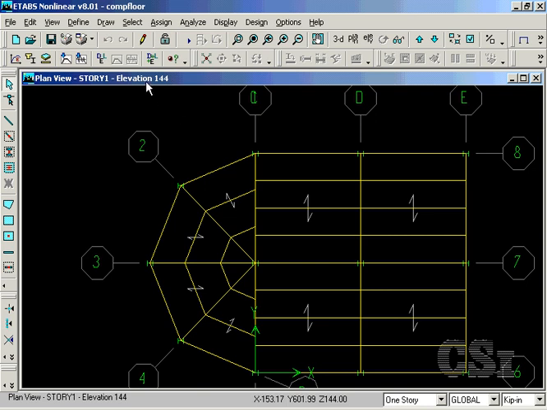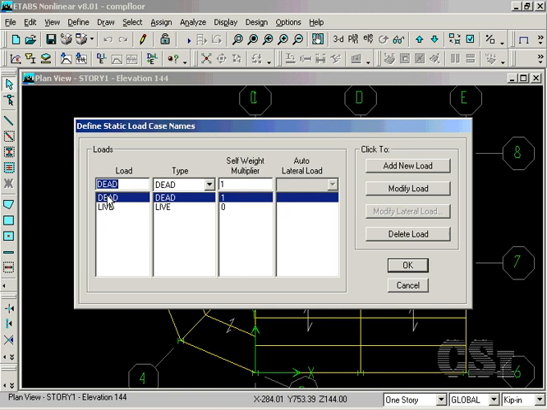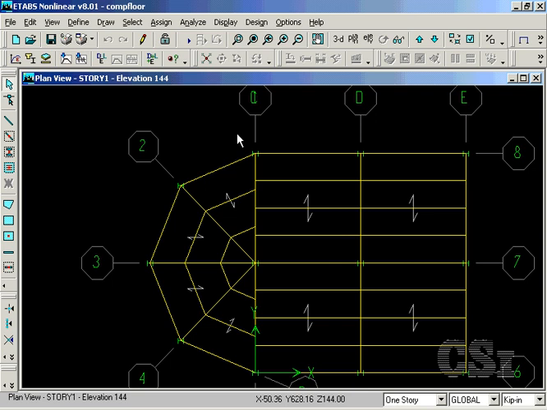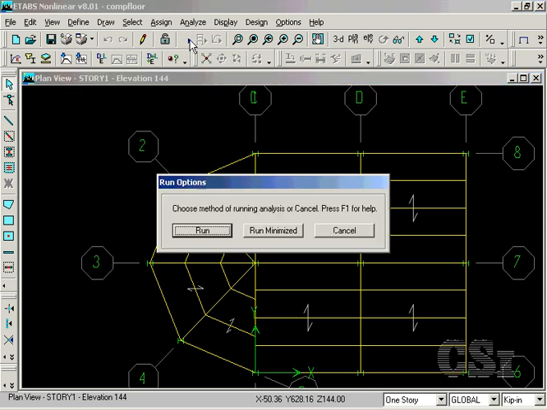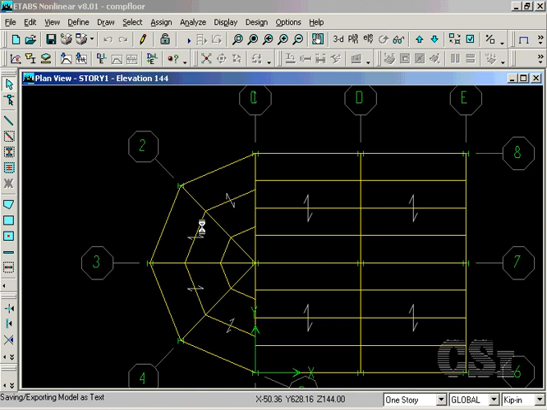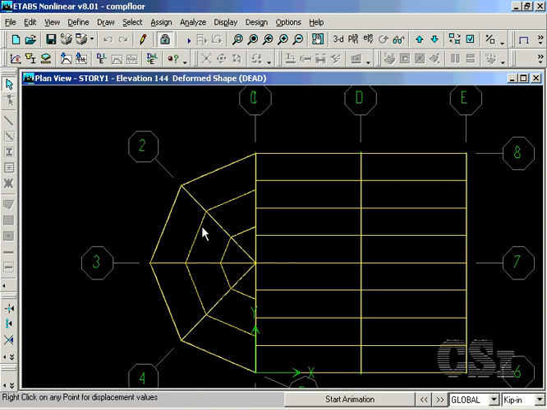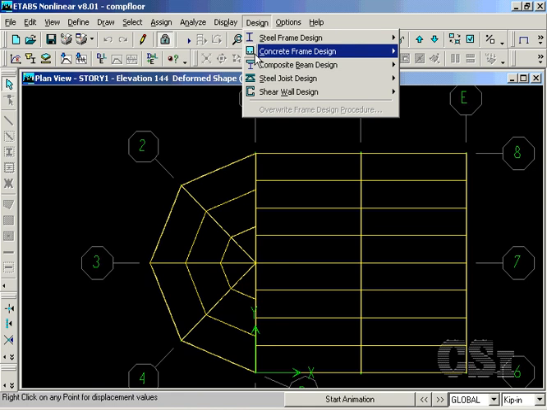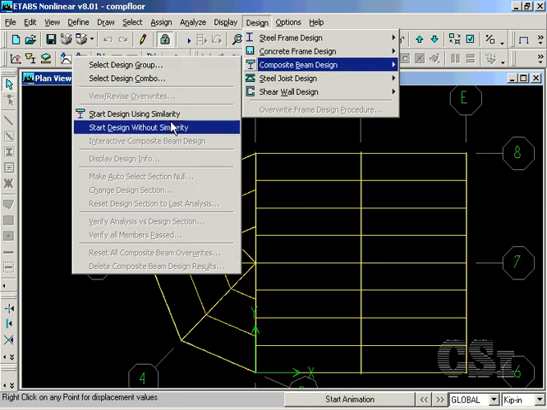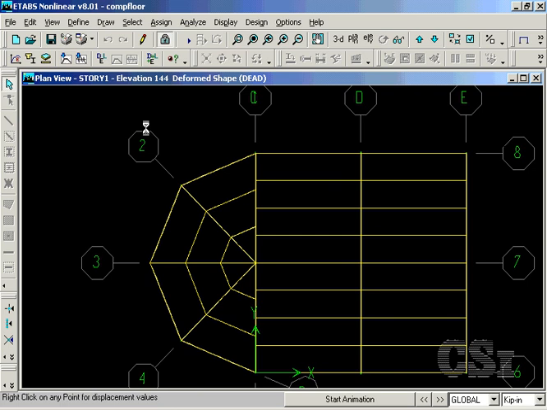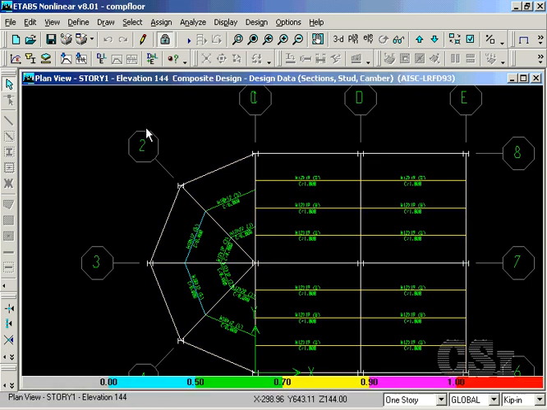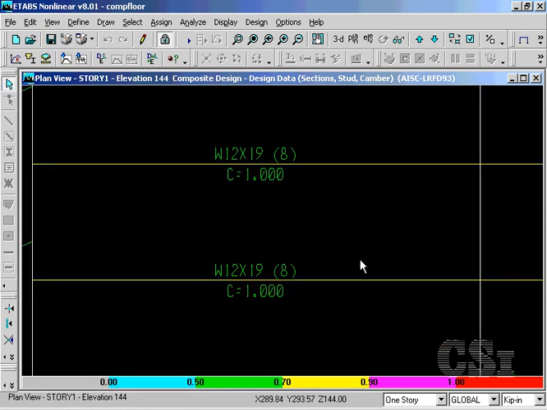A quick check of the load cases shows that we have two, a dead load with self-weight and a live load. We are now ready to run the analysis. With the analysis complete, start the composite beam design using the Start Design Without Similarity command. Once the design is complete, we can window in to see that the program has selected a W12 by 19